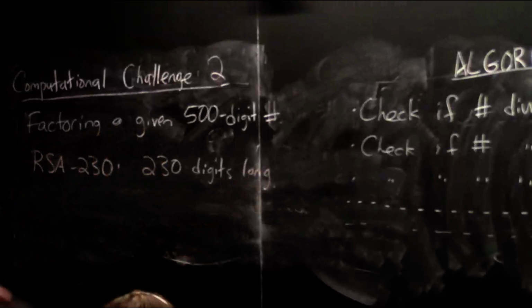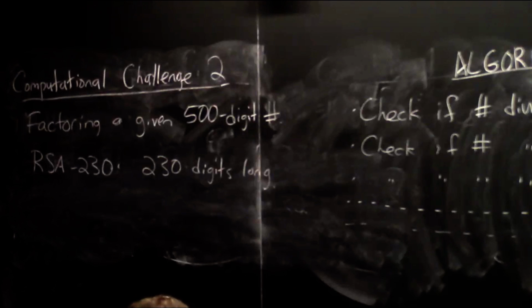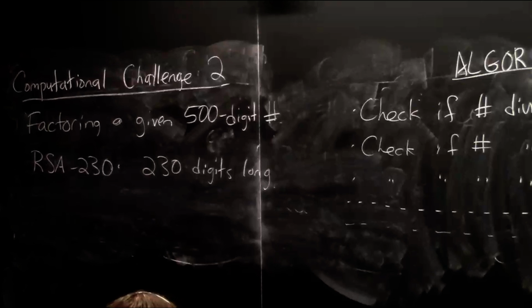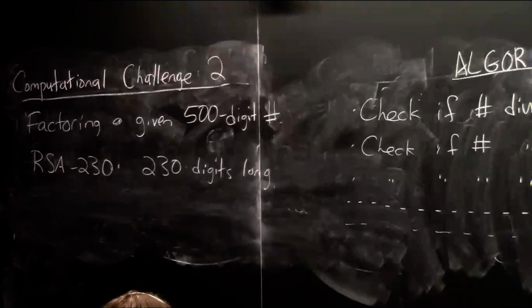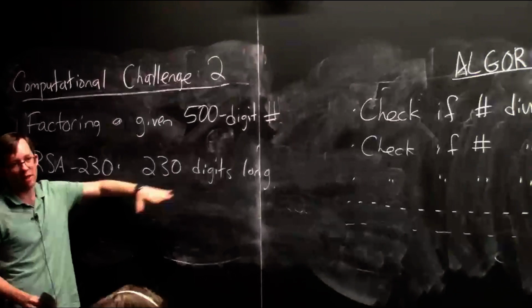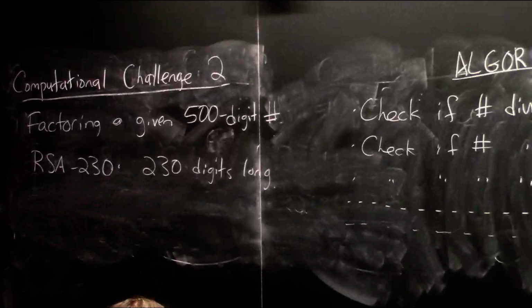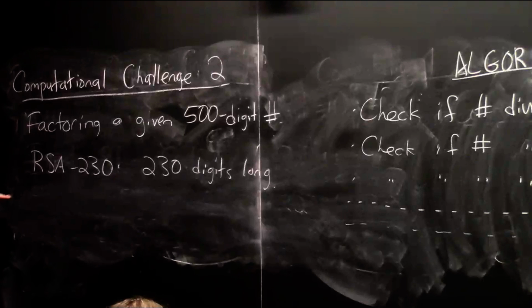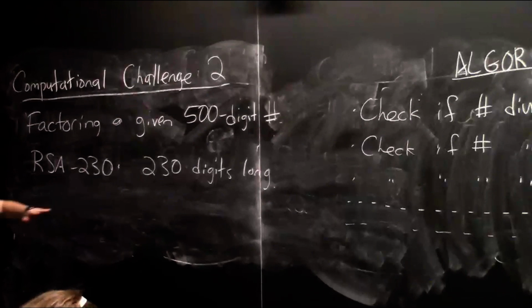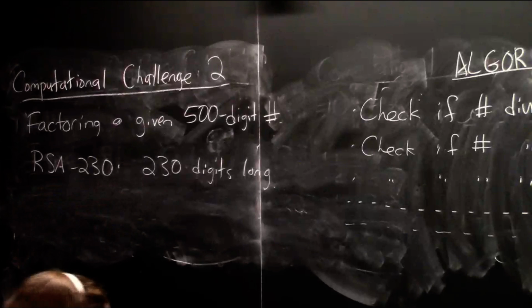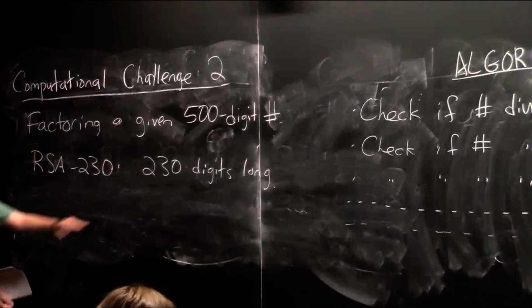It was published in, I don't know, the 70s probably, and it was factored 3 weeks ago. I think it's actually not the longest one that's been factored. I think a slightly longer one was factored 2 years ago. But anyway, this is the limit of what they can do now. The person who did it 3 weeks ago needed multiple machines running for multiple years to factor this one number. And if you look at the graph of the longest RSA challenge number factored over time, it goes up very slowly. We've still got a long way to go even to get to 500 digits.